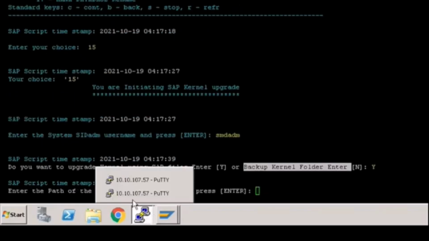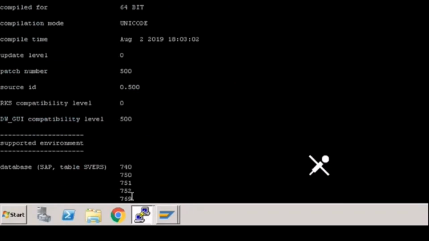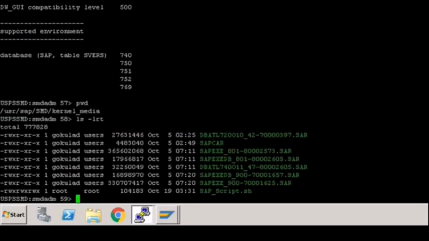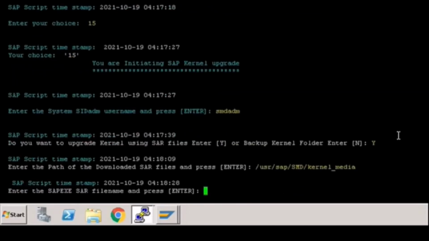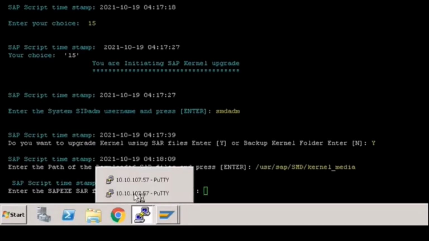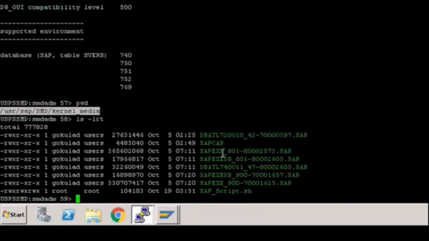And path for the download SAR files, and our target is 801.